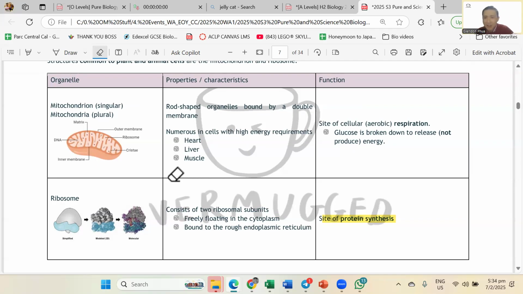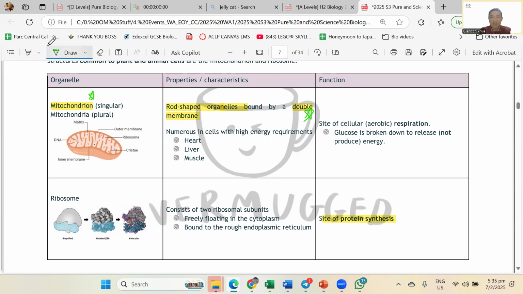Just like in my Taylor Swift concert, they need energy for all the lights, all the generator. So that is going to come from my mitochondria. Okay? Then the shape, this one is like your jelly bean. It is more similar to the pineapple tart in Chinese New Year that is long, round. That is called rod shape. Now, in a different color pen, put a double star here. Mitochondria has a double membrane. Okay? Then, next, put a star at the end here.